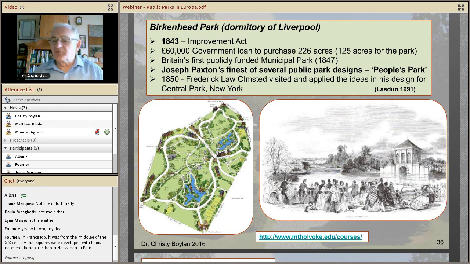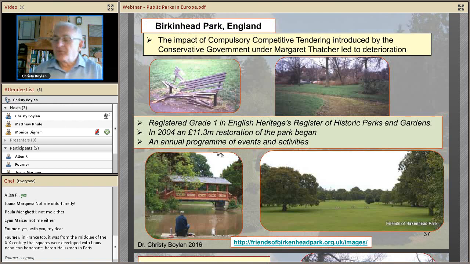Remember, the other ones were private donations or public subscriptions or sale of royal properties or some such like. But this was publicly funded by the taxpayer in the Liverpool area. Birkenhead, it's a dormitory of Liverpool. And it resulted from an Act of 1843 passed by the government, which allowed a loan of £60,000 to the